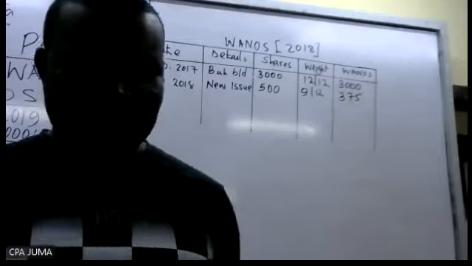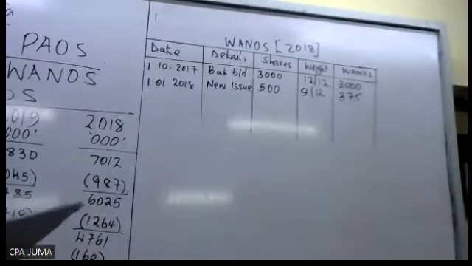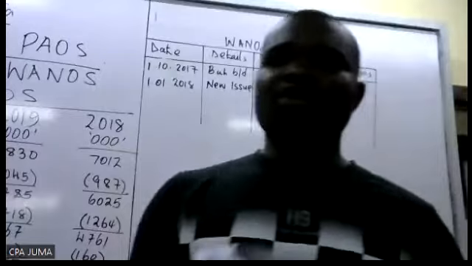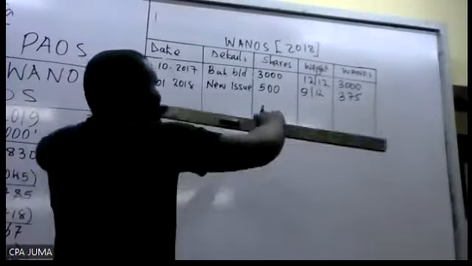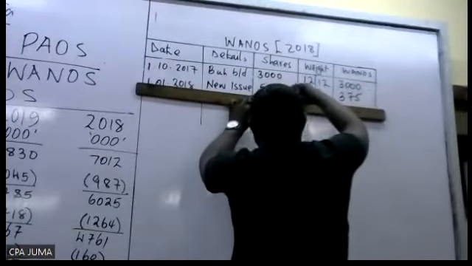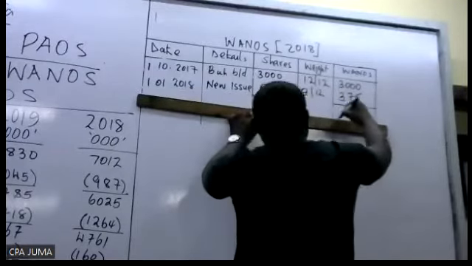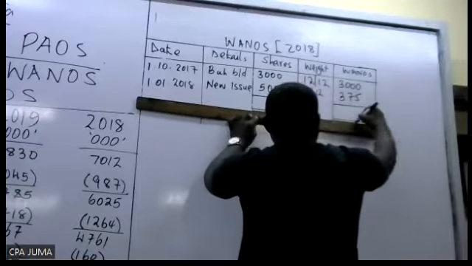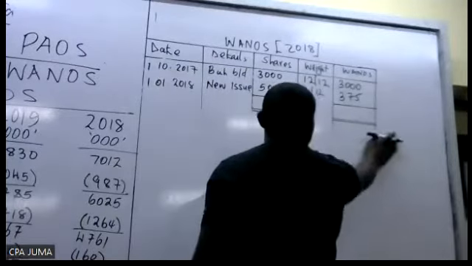Then we move to the next until you exhaust. Number 3, the company also made a rights issue of 2 new ordinary shares, but that is in the other year. So 2018 ends there. You add for me the totals, the number of shares and the weighted, so that you can be able to work out this problem.